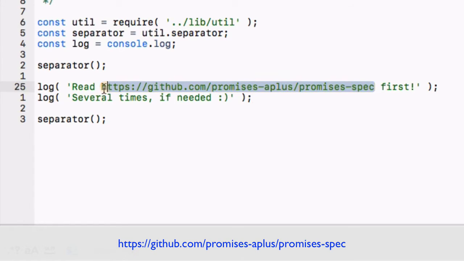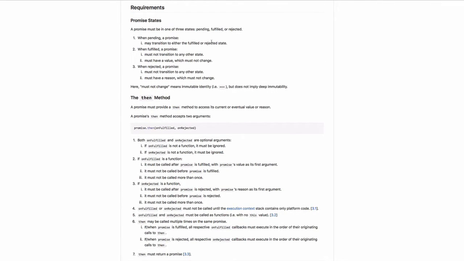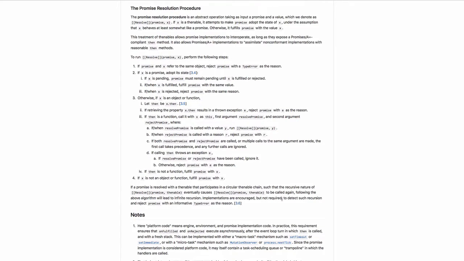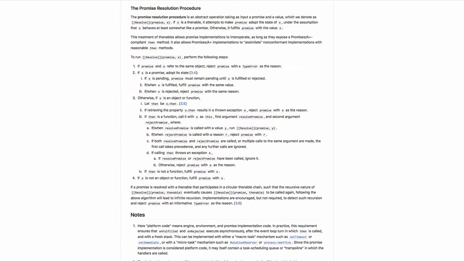So I hope you read the promises specification and you have a vague understanding of how promises function. So here is the specs page for the interested. And as you see, it's just a single web page that outlines how promises behave. And especially this resolution procedure is really important, and we'll be covering how promises resolve in depth with further examples